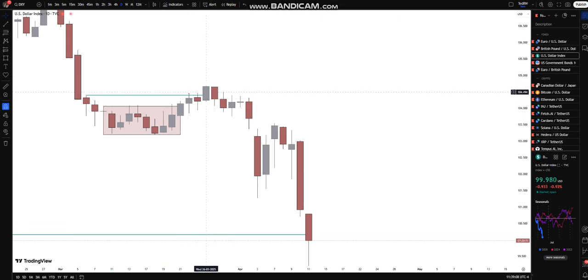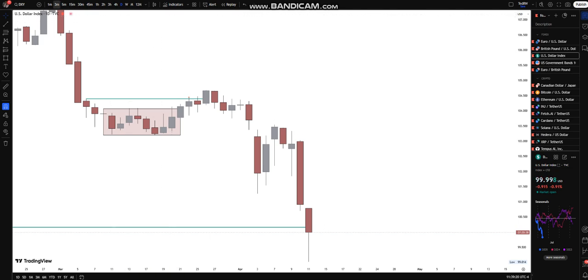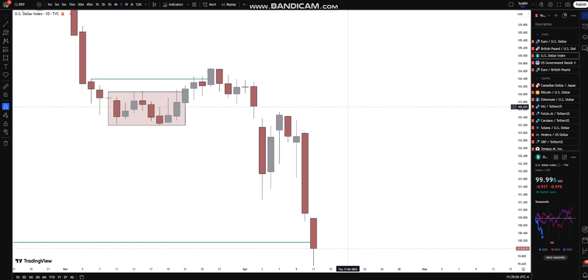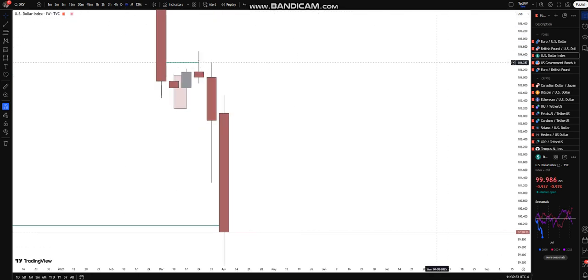Now, as soon as we start to see some sort of move down, this is where we can highlight that more likely than not, this was going to be our manipulation, where from this point onwards, we are going to see some sort of expansion and continuation of the overall higher time frame trend to the downside, which is exactly what's played out. Now, going into our weekly time frame again, we can see our previous week actually managed to close below this low, adding to the probabilities that more likely than not, market participants were going to choose to push prices lower in